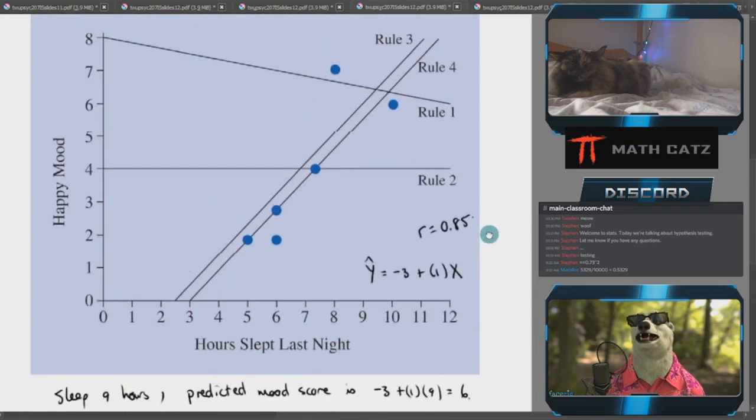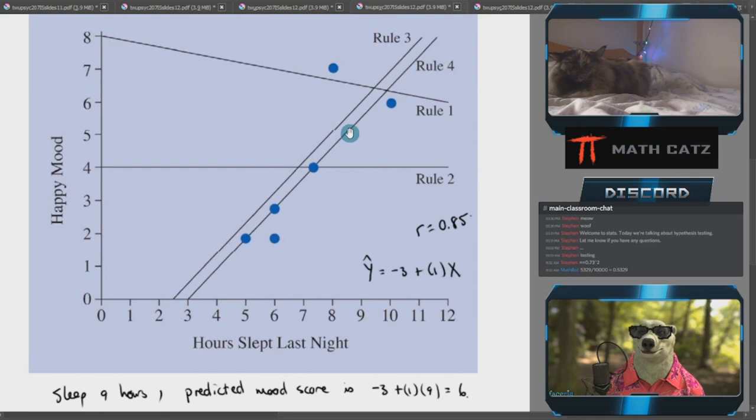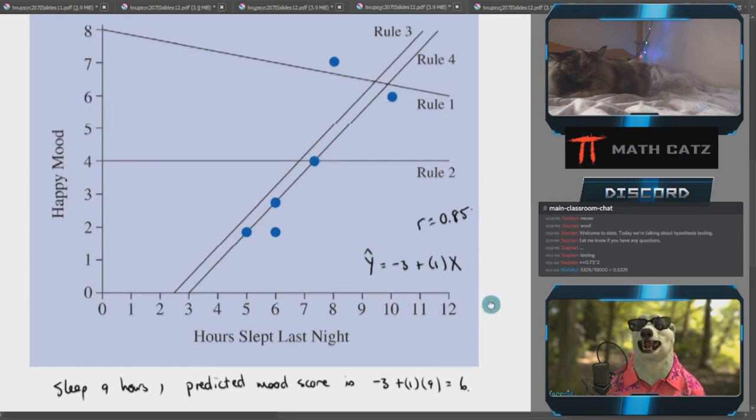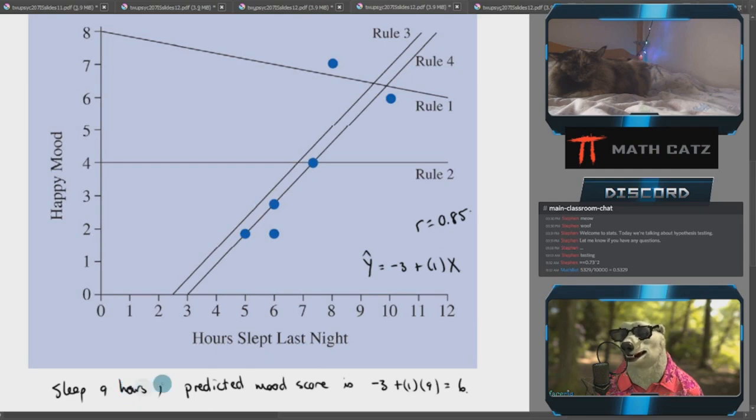Now I don't have the line here. 6 will be over here, so I'm suspecting that the true least squares fit sits somewhere over here, but I don't want to show that. It's too many lines on one graph. But we can use that regression line, least squares fit, best fit, prediction line, call it whatever you want, to make a prediction. If I have a value of one variable, I can make a prediction for the other corresponding